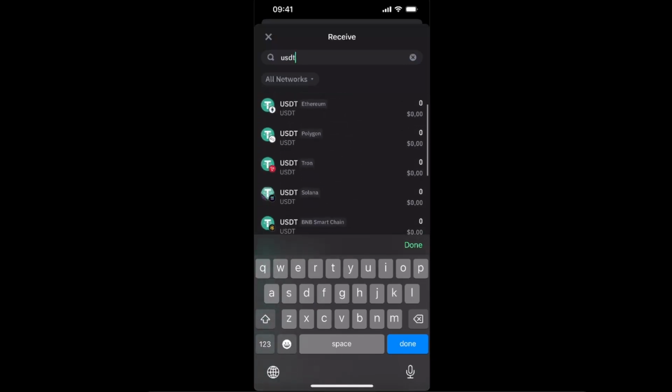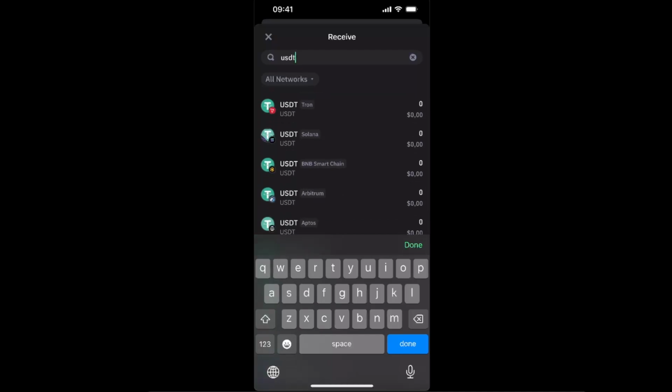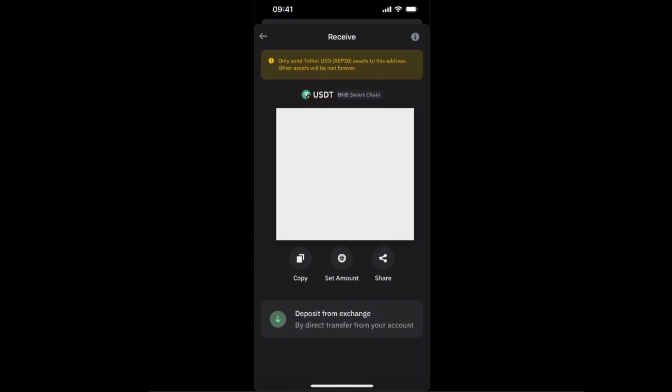So you want to go ahead and choose the one which maybe has the lowest fee. I'm just going to go ahead and choose BNB Smart Chain because it will be at least not that much of a fee. Now here you will see the address which you want to go ahead and copy